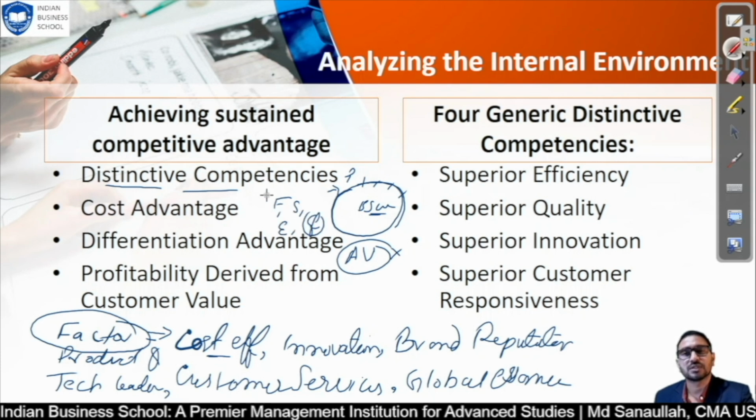If you reduce time, if you make this smoother, if you use resources effectively, then obviously your cost will go down, because everything impacts your cost. So like this you can achieve a competitive advantage. Innovation: you have to be innovative, you have to use some kind of tools, some kind of software, anything which can make your product innovative and look new and very appealing to your customer or client. And then the third point is brand reputation.